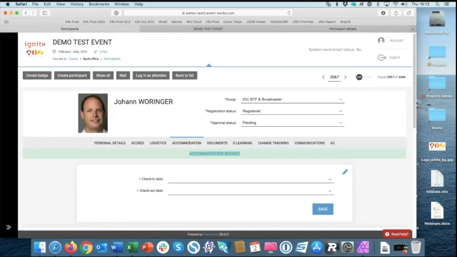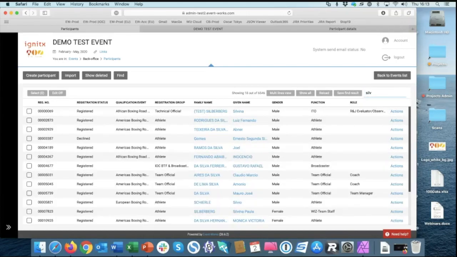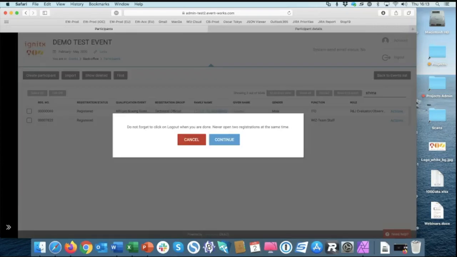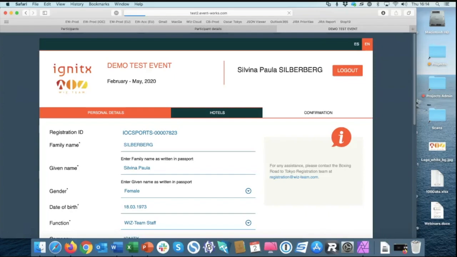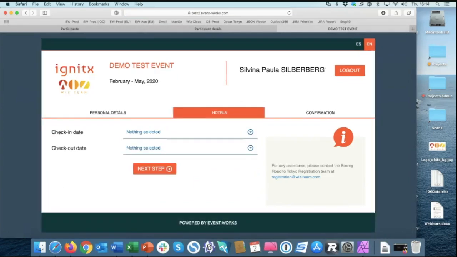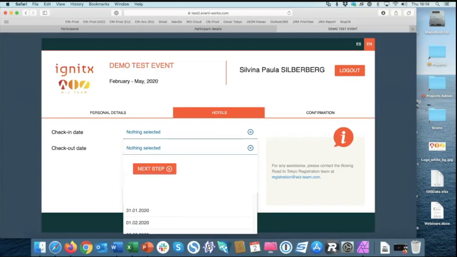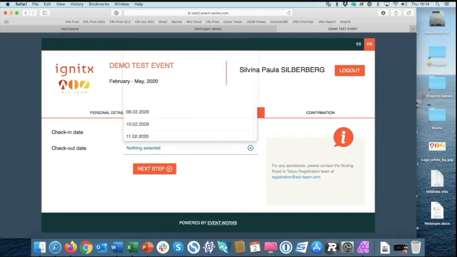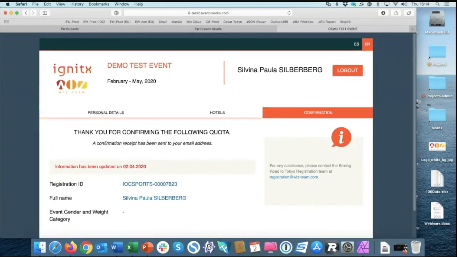The second process there is, let me take someone else, let's say Silvina. I decided that she is an athlete, and I'm going to log in as Silvina. What I have decided here is that as an athlete, she can just put a check-in date and a check-out date. So let's say she wants to arrive on the 29th and leave on the 8th, so that she has a little bit of time to visit the place. And here, what the system did